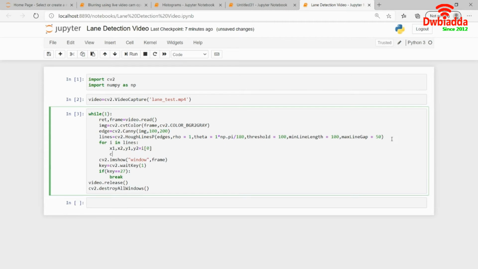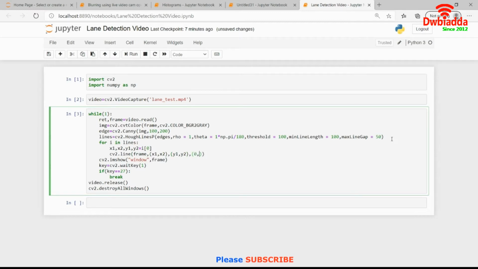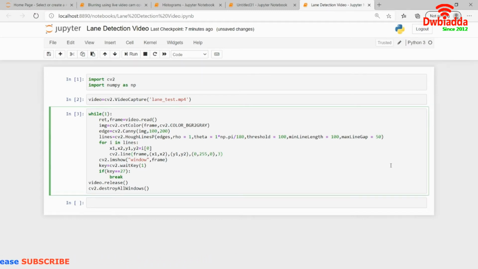Then I will draw the lines with cv2.line on the frame, because this is my colored frame or colored image, with x1, y1 and x2, y2, and let's say the color is 0, 255, 0, and the thickness is 3. Once this is done, I can draw the lines using the cv2.line function, and then I will show you what the actual frame is.